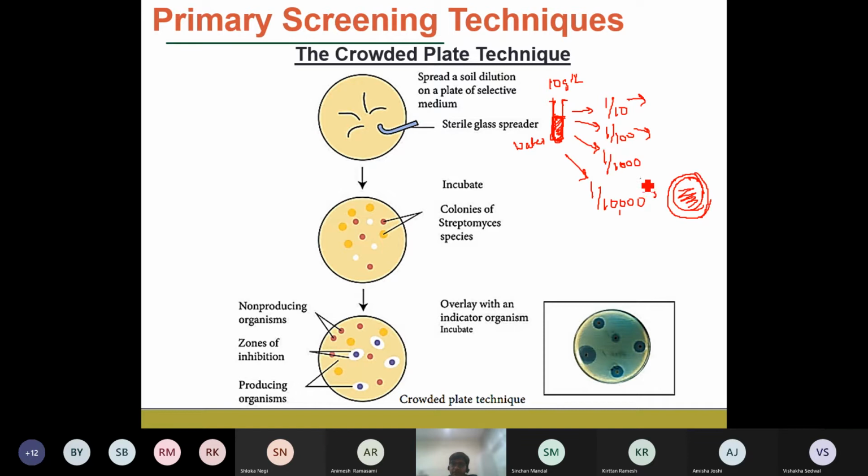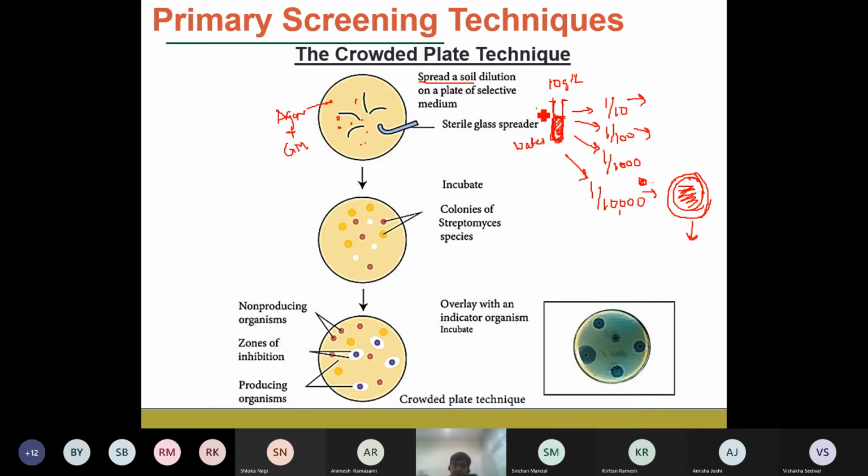We take a very small volume of that soil sample, put a drop on the agar plate, and streak it on the plate. Here you can see we spread a solution of that soil on the plate. These solid plates are generally made of agar combined with some sort of growth media, which provides the substrate for the growth of the microorganisms that are present in the soil.